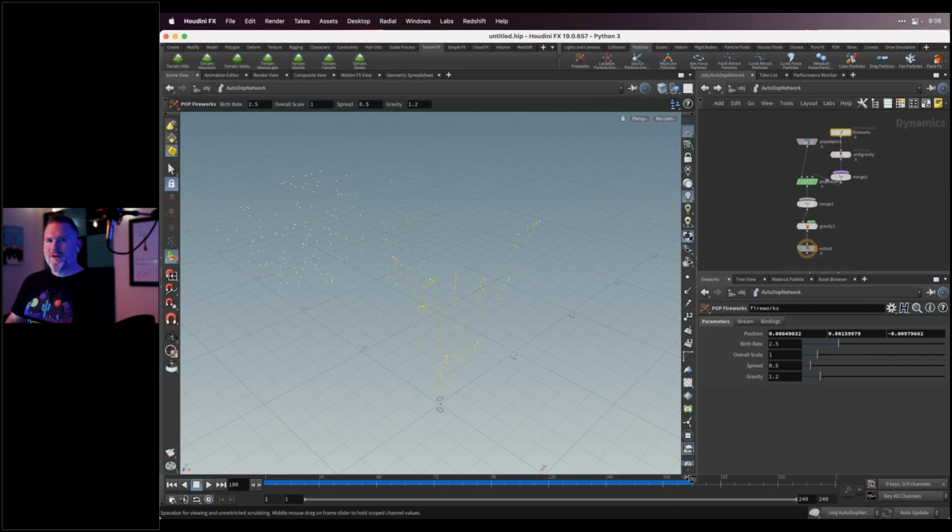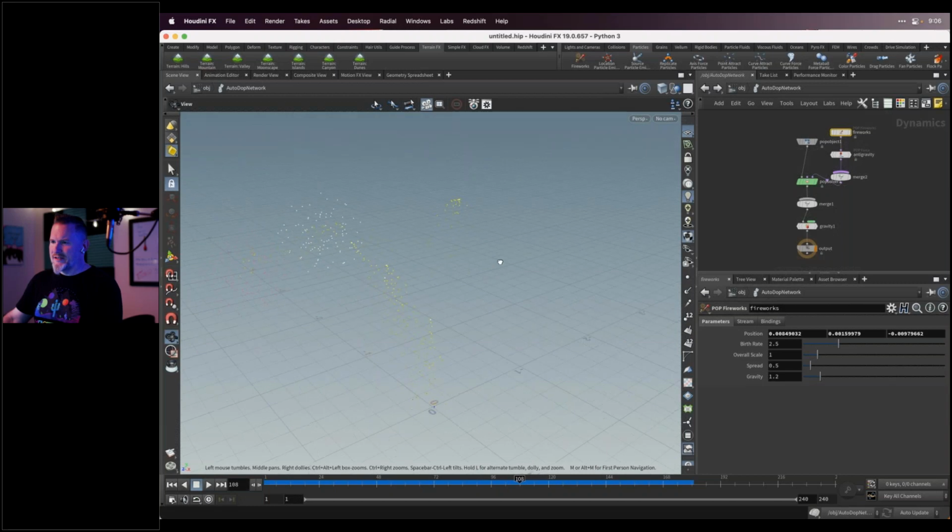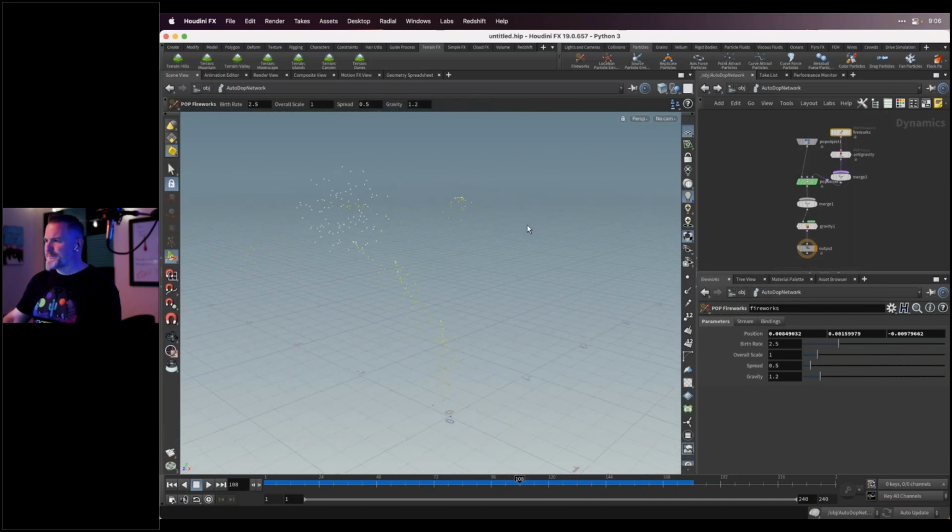If I press Control or Command up arrow, it rewinds the playhead back to the beginning. So again, up arrow plays and pauses. There we go. And navigation controls are similar. If I hold the Alt key and left mouse button, click and drag, we can rotate around. Middle mouse button is for panning, and right button and Alt click can zoom in and out.